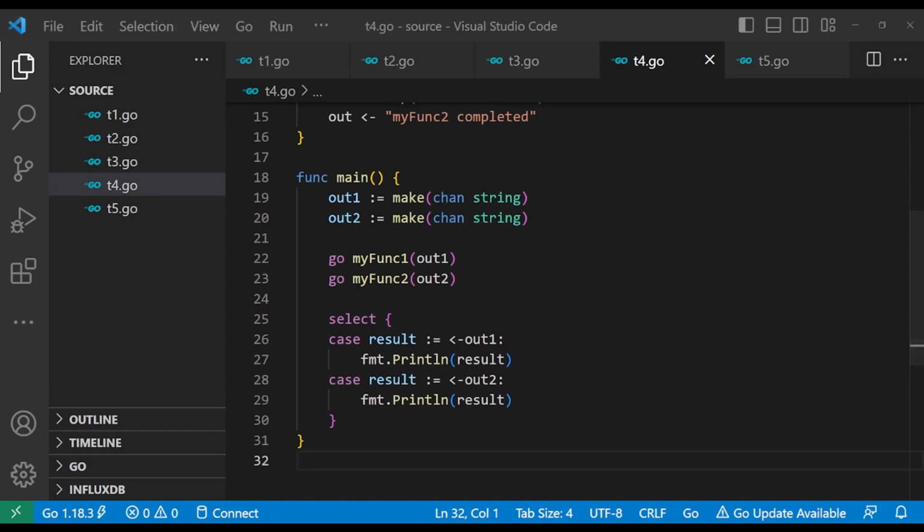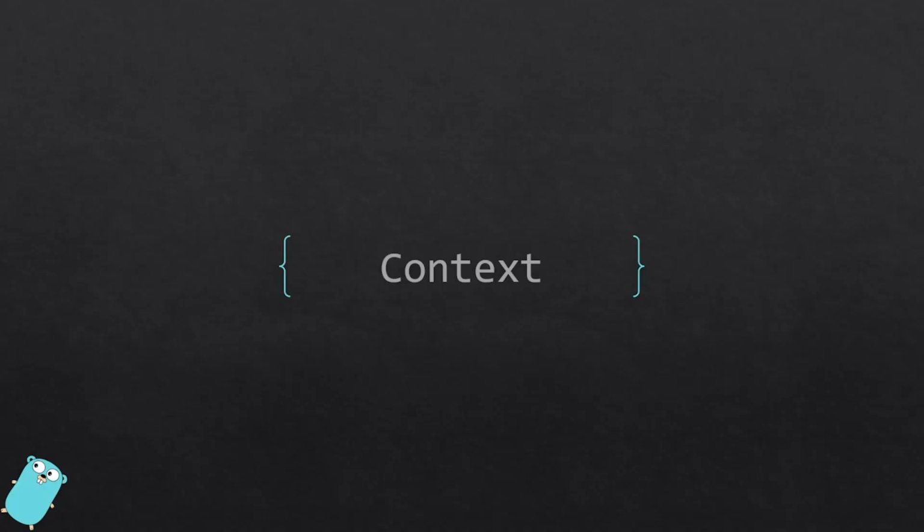result that comes in. Finally, the context package in Go provides a way to propagate cancellation signals across goroutines. This is useful when we need to cancel a long-running goroutine or when we want to cancel multiple goroutines at once. For example, we can use the context package to cancel a goroutine after a certain amount of time has